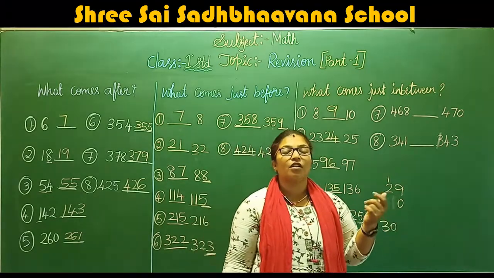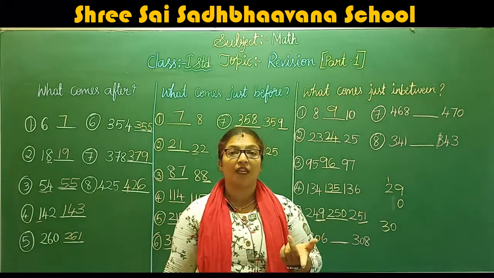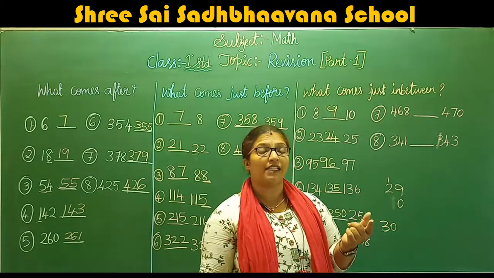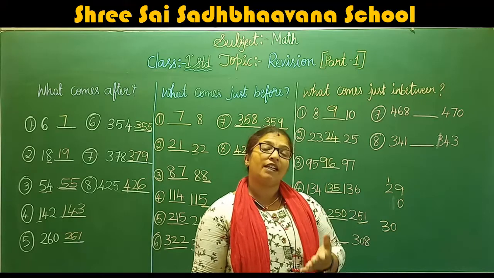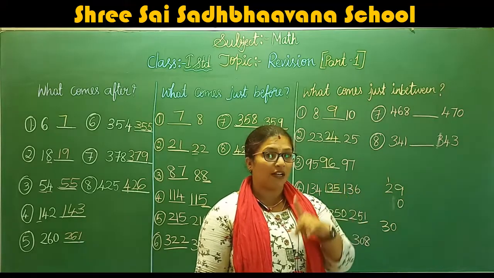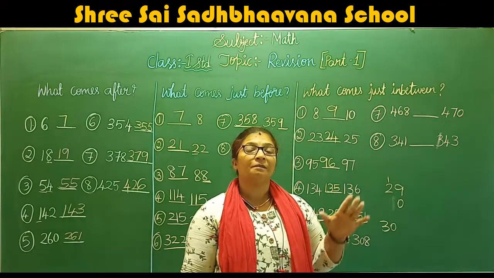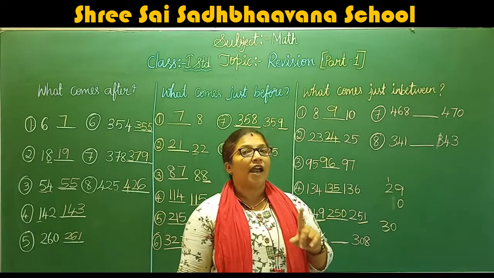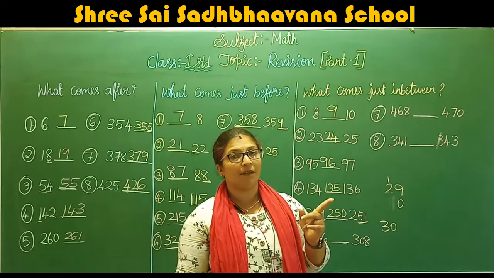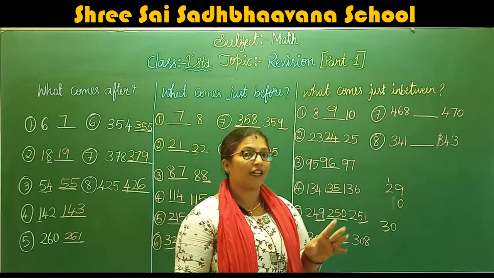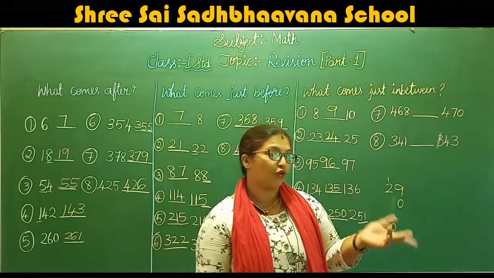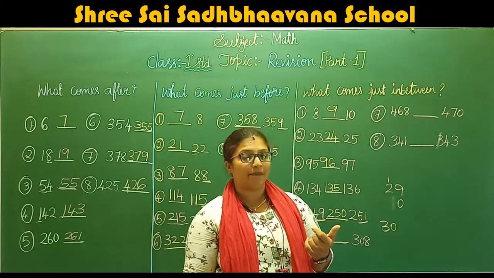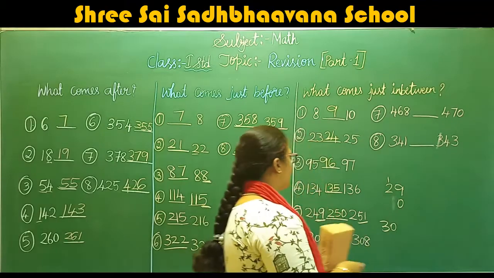When I am showing you regrouping revision, I will show you in the currency only examples, how many ones if we put it becomes 10, how many tens will become 100, and how many hundreds will become 1000. Like that, in a currency, when I am showing you the notes, that time I will show you the examples. Understood?